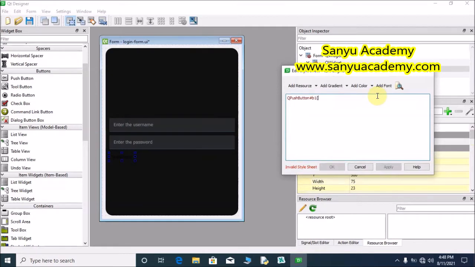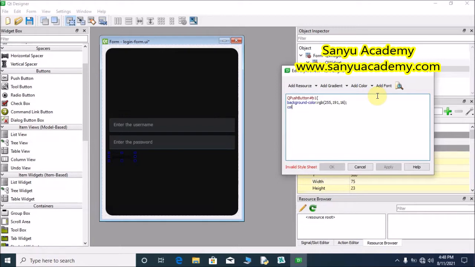Open brace. Background-color: rgb(255, 191, 16); enter.